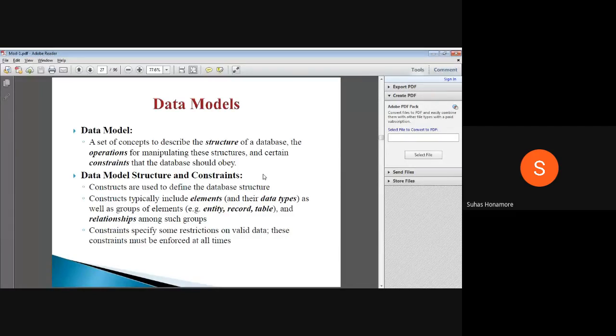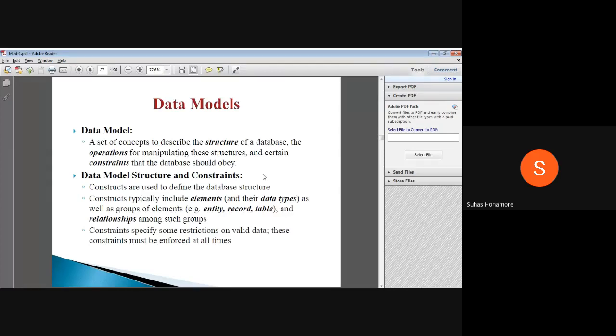To make that, we should have some model. Instead of directly working in the software database, we'll use pen and paper and write some model, the logical relations between the attributes. We'll write that first. Depending on that, we'll form one table or a number of tables. That model is called the data model.